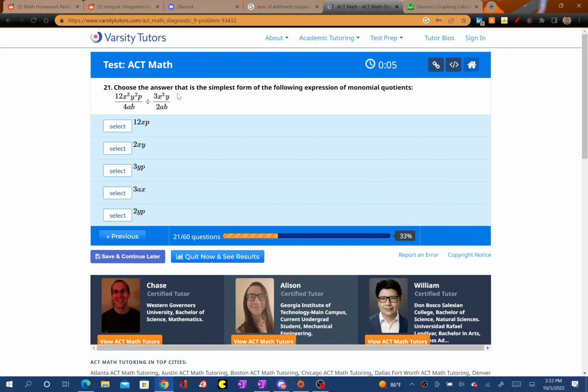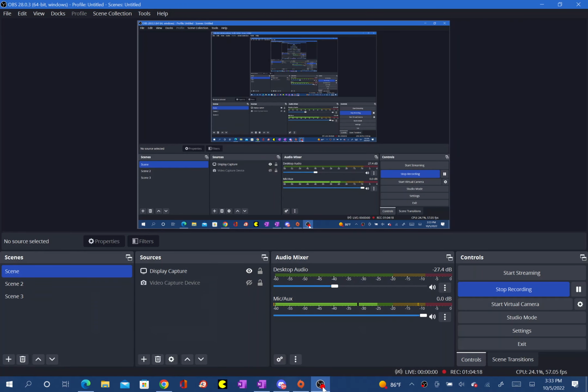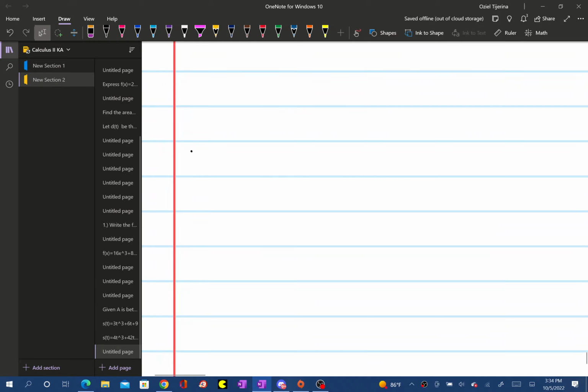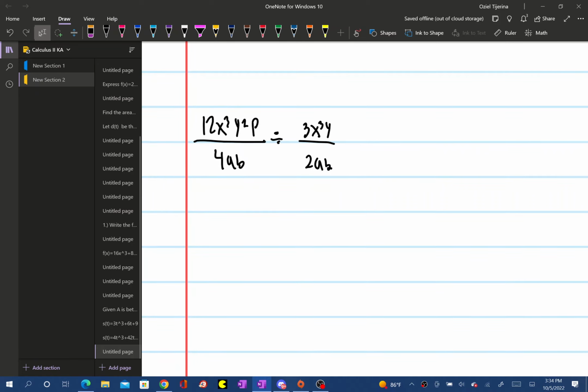Choose the answer that is the simplest form of the expression of monomial quotients. Okay. So for 12x cubed y squared p over, let me just write it down really quick. We're going to keep the left side the same. Actually, if you want, you can divide 12 and 4. So you can say 3, and it's going to be... oh god, actually I don't think I should do that,